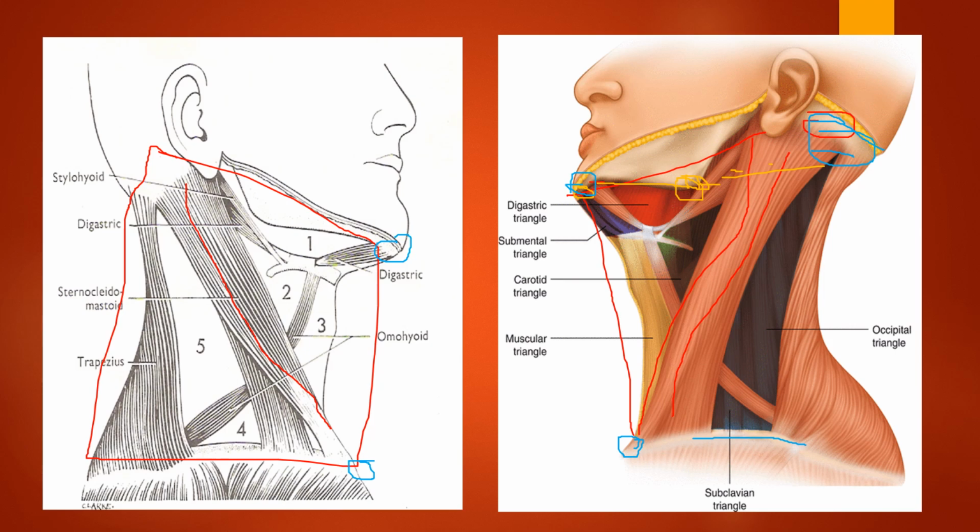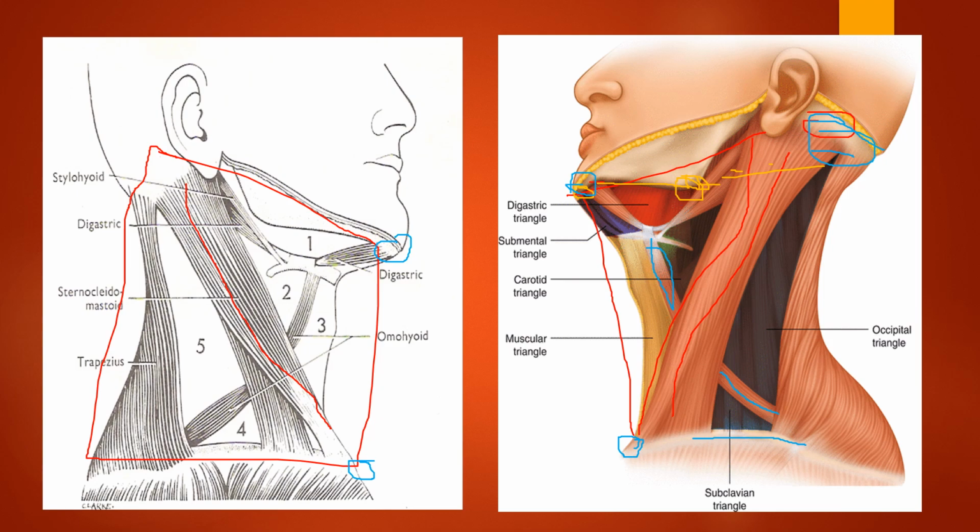This posterior triangle is divided into two by means of the inferior belly of omohyoid. When we say inferior belly, definitely there will be a superior belly. So the inferior belly of omohyoid is going to divide the posterior triangle, and the superior belly, you can see here in blue color mark, is going to be the superior belly of omohyoid. This superior belly is going to take part in the division of the anterior triangle. So we are clear about the posterior triangle, I hope.